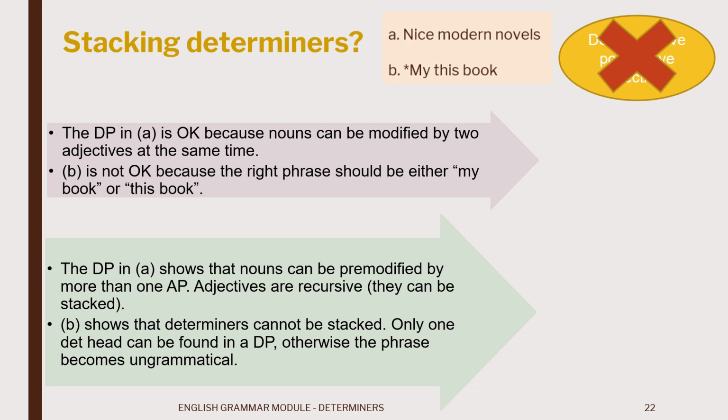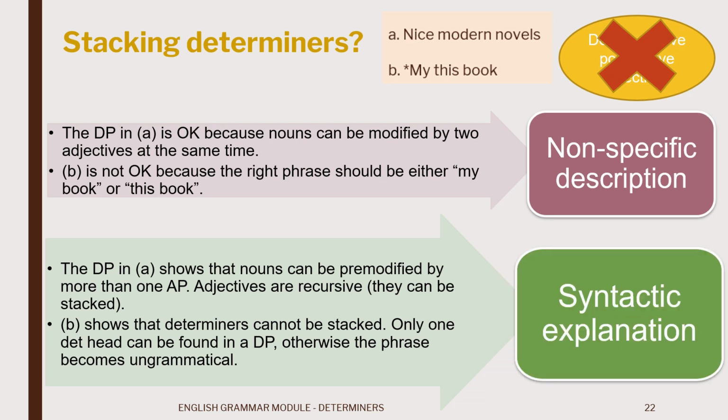This one states that the DP in A shows that nouns can be pre-modified by more than one adjectival phrase. This is so because adjectives are recursive and they can be stacked. B shows that determiners cannot be stacked. Only one determiner head can be found in a DP, otherwise the phrase becomes ungrammatical. So this explanation,